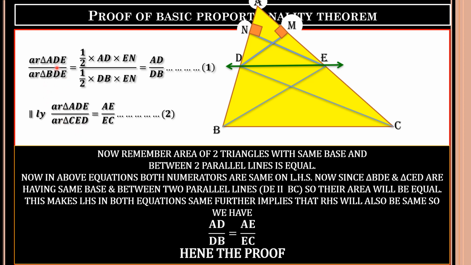So the left hand side of both equations is the same, which makes the right hand side also equal. So from this we have AD upon DB is equal to AE upon EC. Hence the proof. This is what we were proving, that a line drawn parallel to one side of a triangle divides the other two sides in the same ratio. This is the proof of the